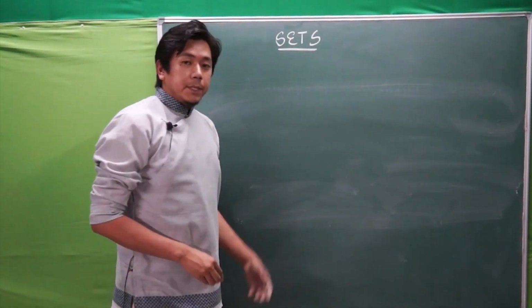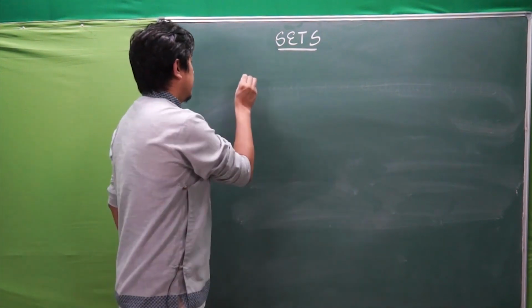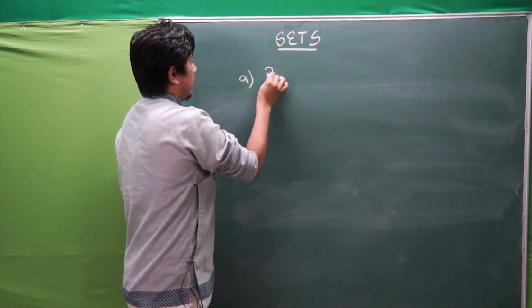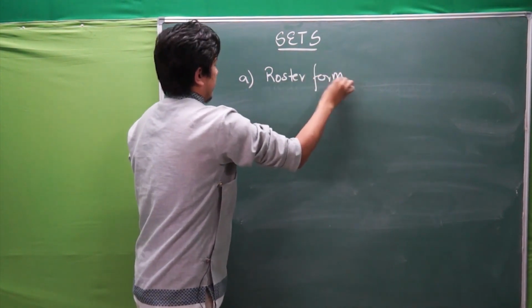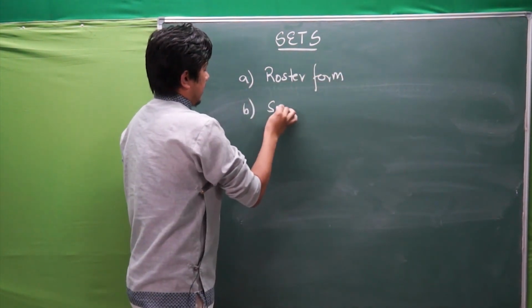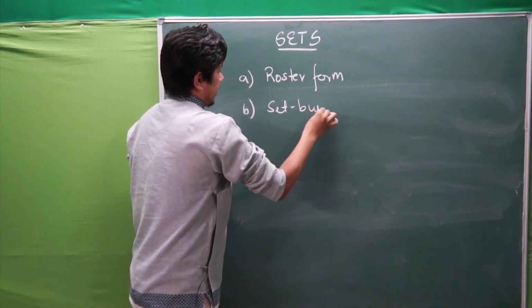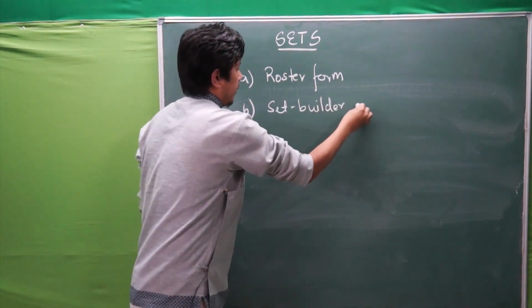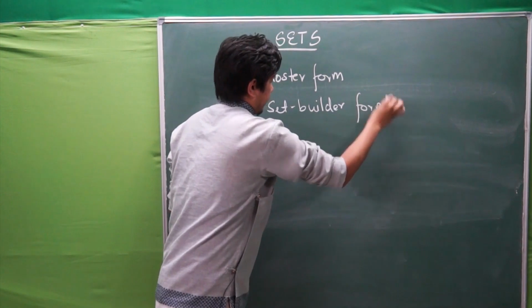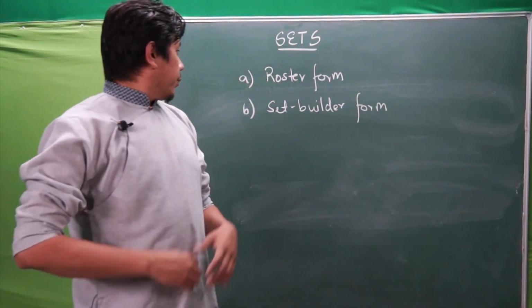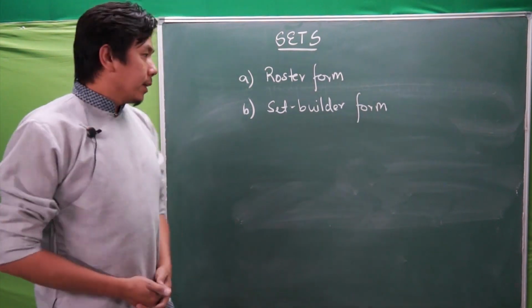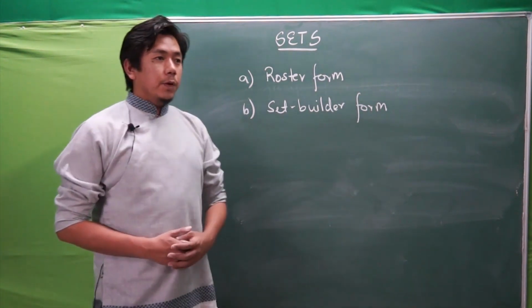A set can be represented in the form of a roster form and a set builder form. Okay. So by roster form, what we understand is the form that we used earlier, in which all the elements